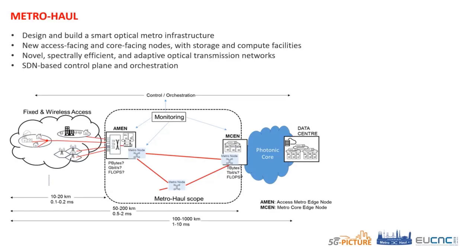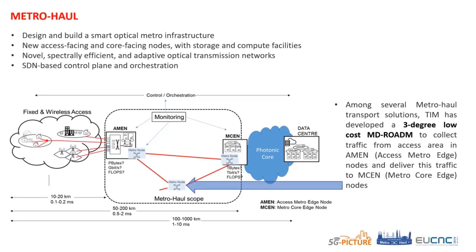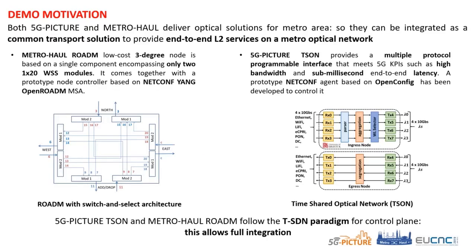Metro Hall focuses on new optical metro infrastructure where nodes provide both optical flexible connectivity and storage and computing capabilities. The team has developed a low-cost 3-degree ROADM to provide optical connectivity between Metro Hall nodes in the metro transport network. The 5G Picture TOPOLOGY and the Metro Hall ROADM can be combined to provide end-to-end layer 2 services on a